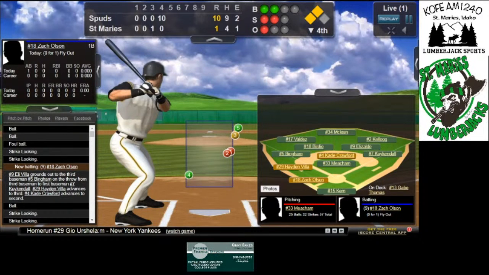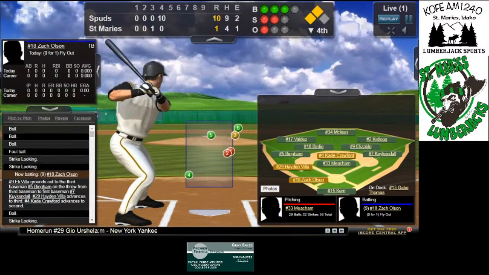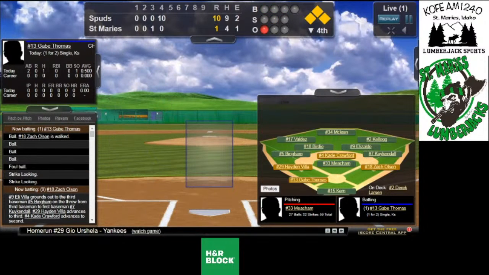The stretch, the pitch. Up high. Ball 3. Runs the count full. 3 balls, 2 strikes. Stretch, the pitch. Down low inside, ball 4, and Zach works his way into a walk and loads up the bases. Brings up top of the order Gabe Thomas. We're going to get a